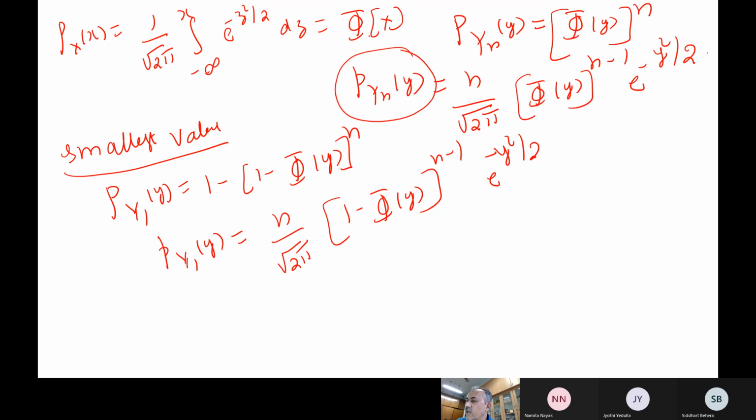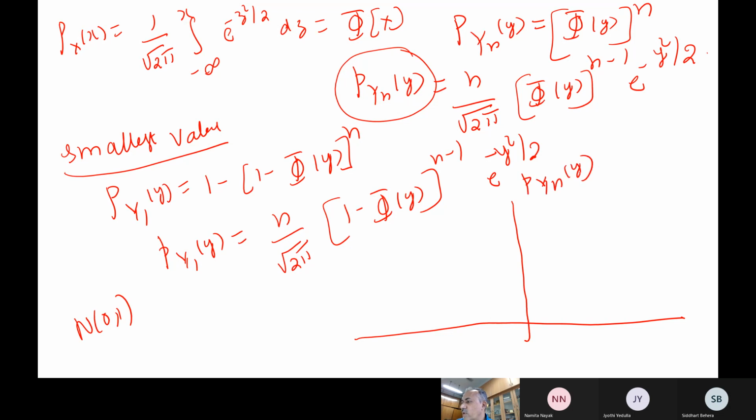Now if I try to plot this function in MATLAB, it looks like this. When n is equal to 1, how does it look? Your original distribution is standard normal, N(0,1), and now there is only one sample. So how does it look? The density function will be